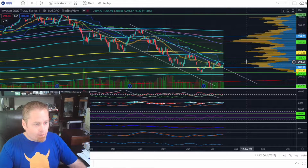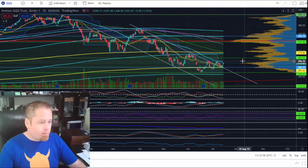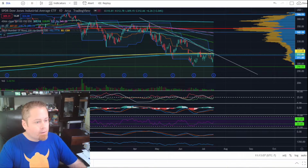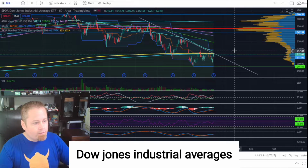But just like with the S&P 500, we definitely need to see a clear break above that 50-day before I'm going to be much of a believer in any kind of bounce. And so until we see that, I think the bias is to the downside, and we'll likely hit that 50-day and head lower. And similar story on the Dow Jones Industrial Average, a little further away from the 50-day